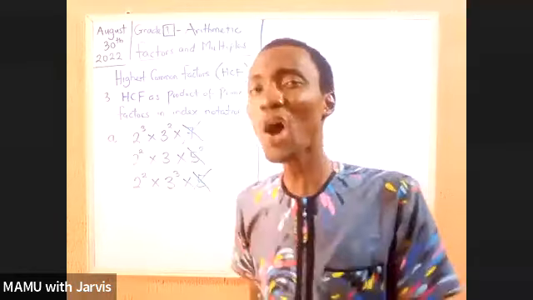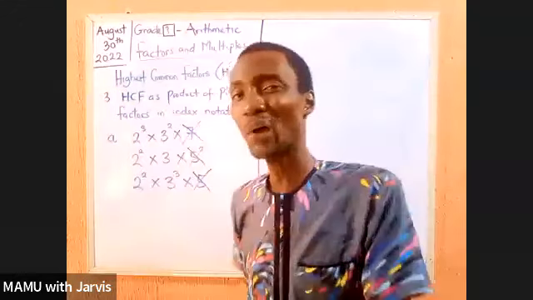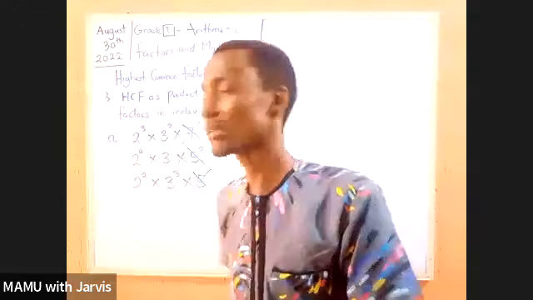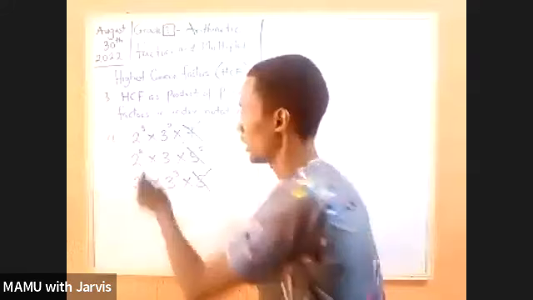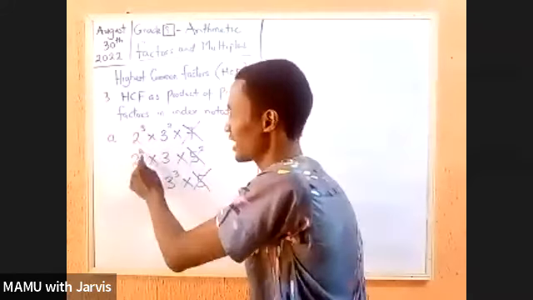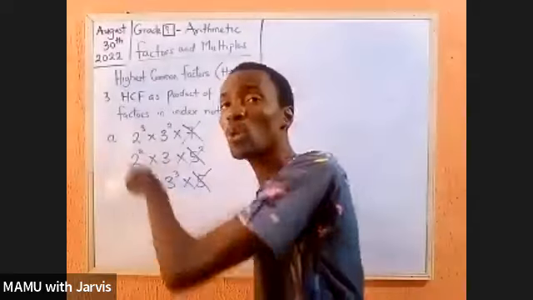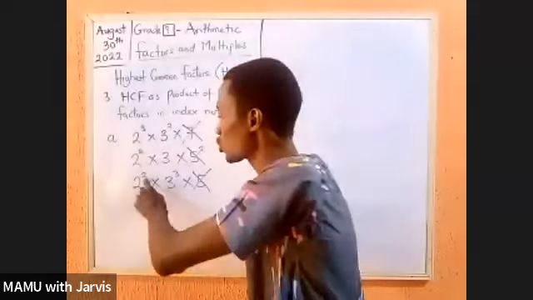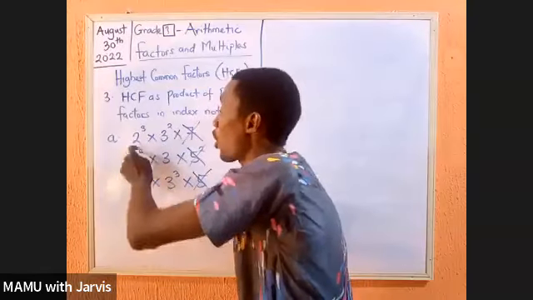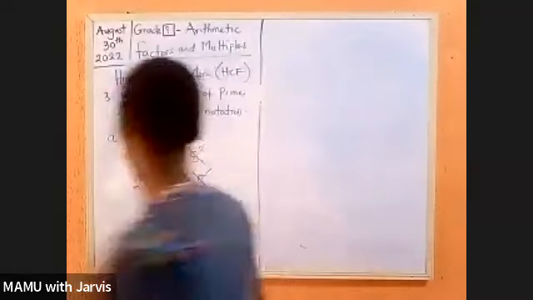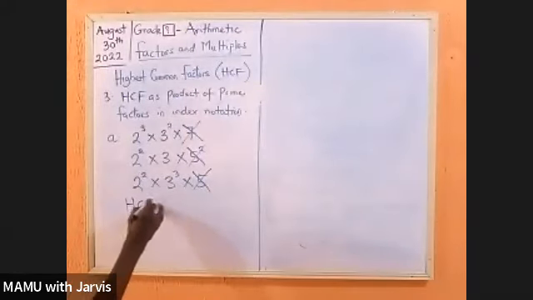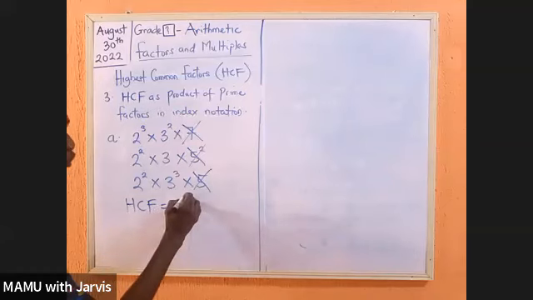The factor is the number with the lowest index. So if you look at this true now, this is index 3, this is index 2, this is index 2. So which one has the lowest index now? It is 2. If the index occurs twice, we pick 1. So I'll come here and say HCF will be equal to 2 raised to the power of what? 2